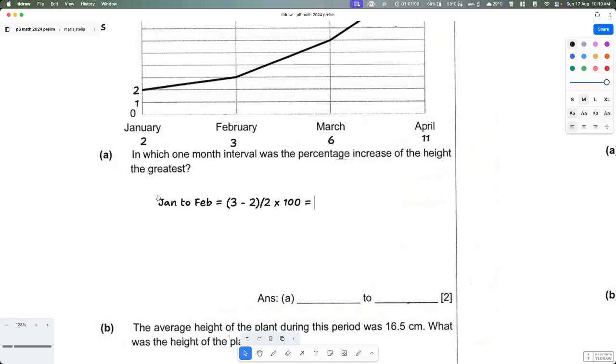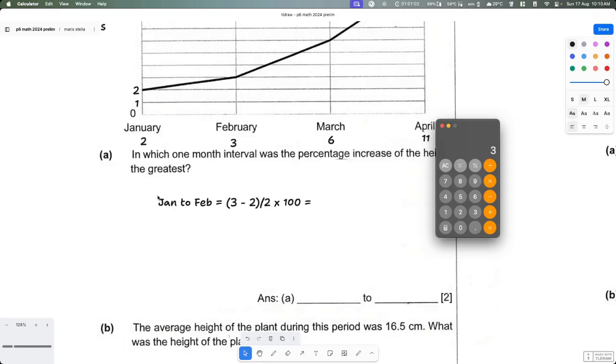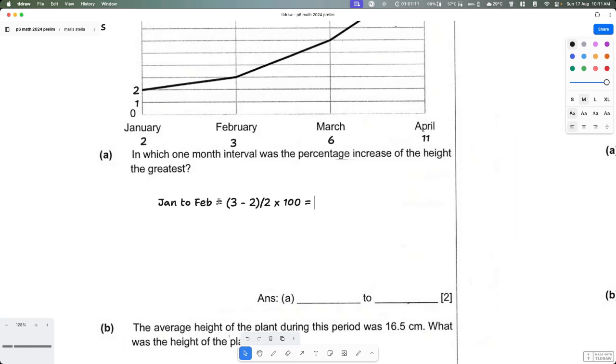Okay, so from this will become 3 minus 2, which is 1, divided by 2, which is 0.5 times 100. Okay, 15% increase, right? So let's go for Feb to March, which is the same. So to get the increase,